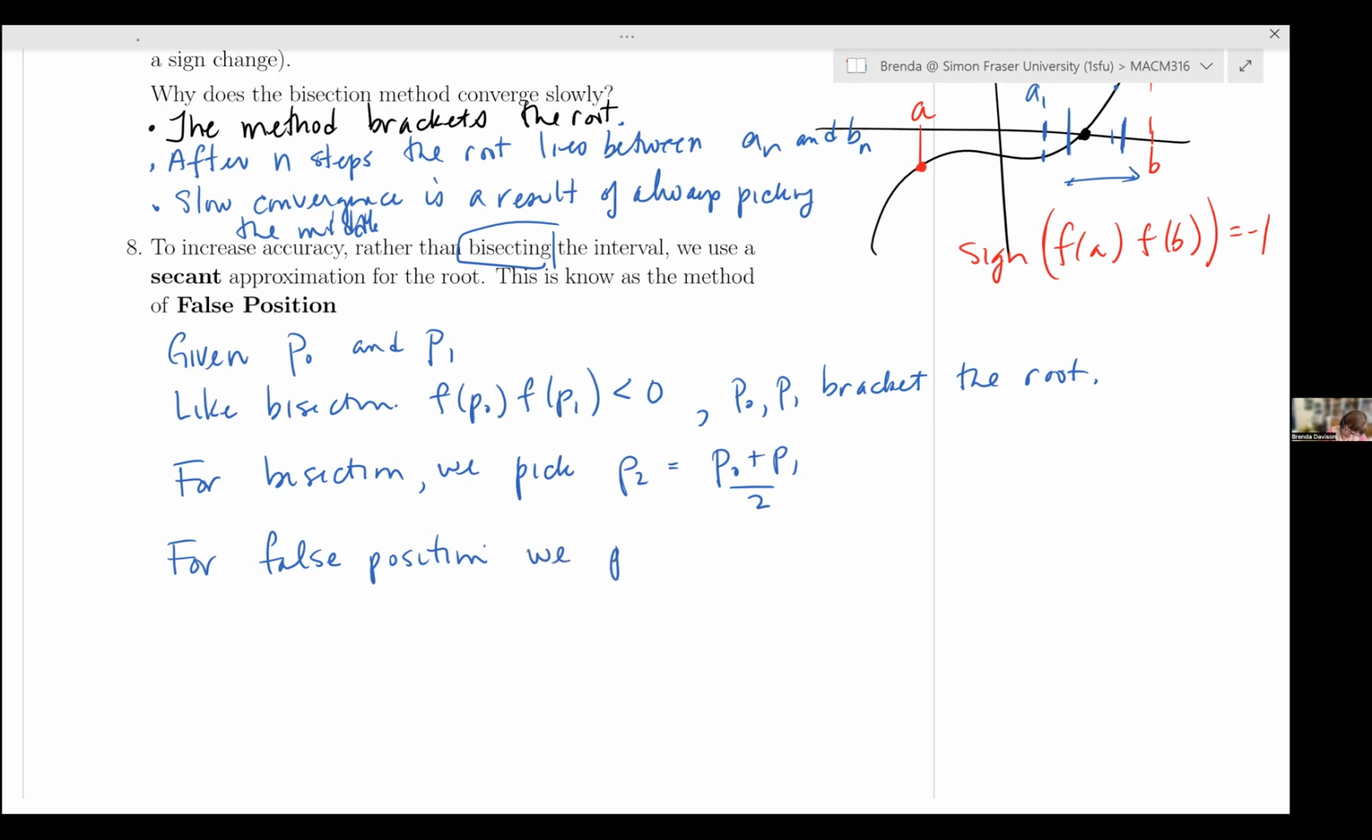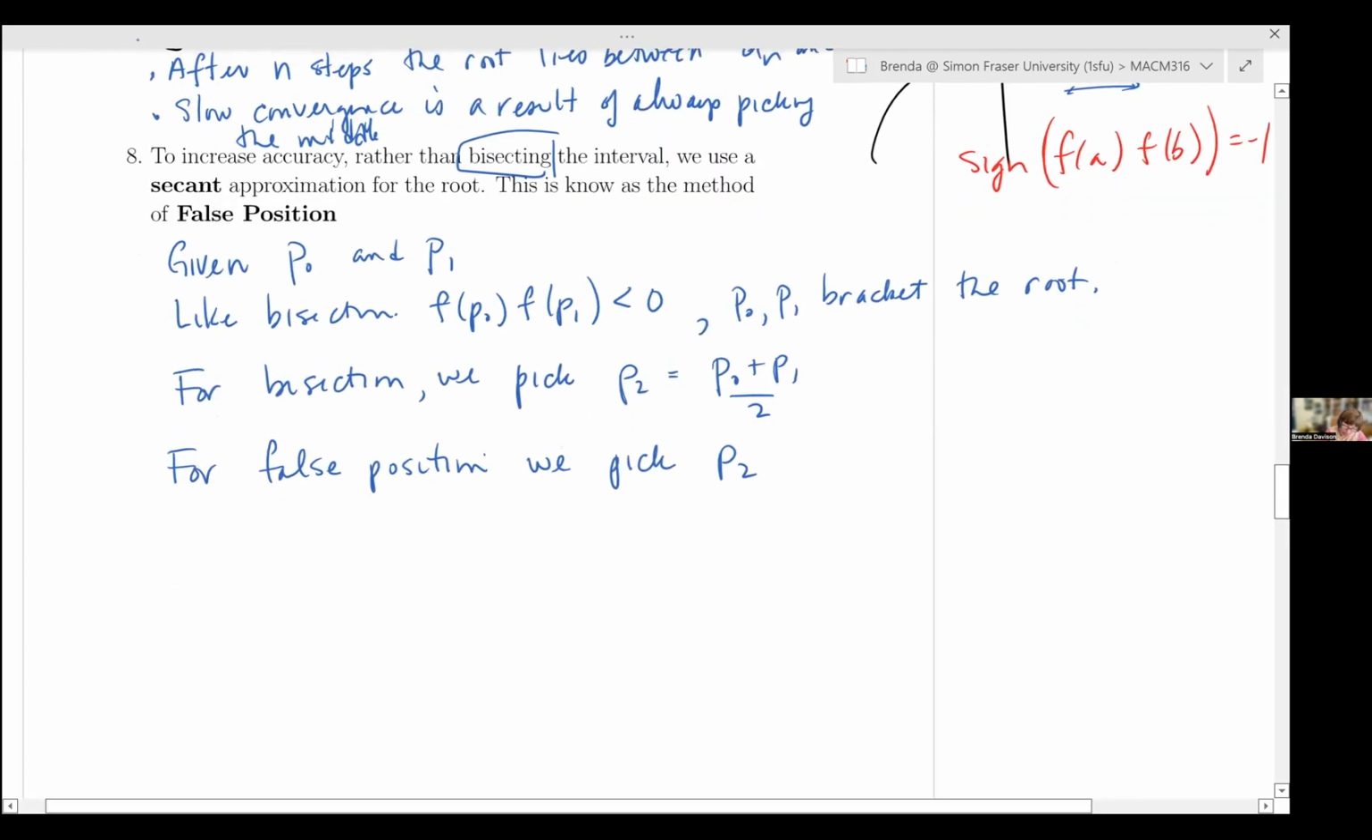We pick P2. How do we pick P2? We don't pick it in the middle. We pick it to be the x-intercept of the line joining the 2 points here. Let me write that out. We pick P2 to be the